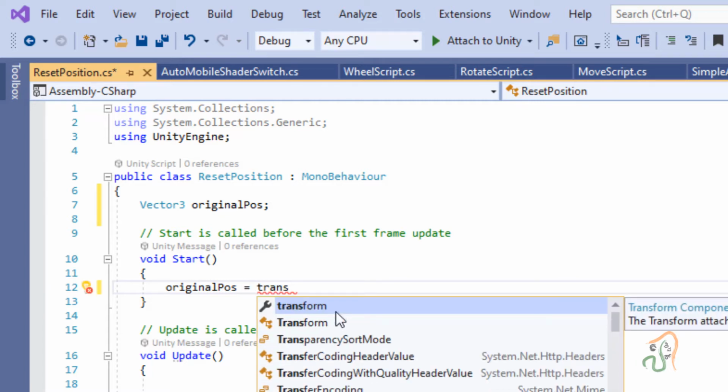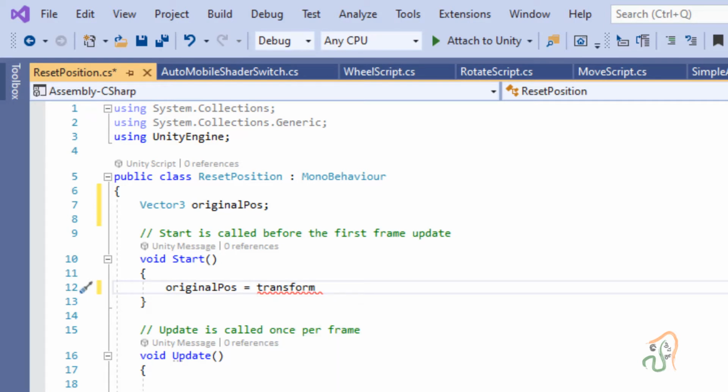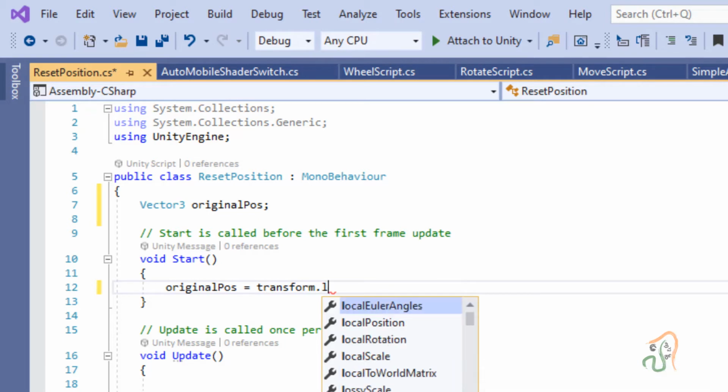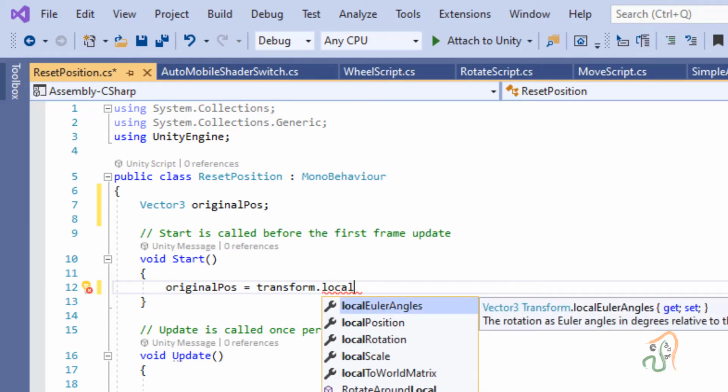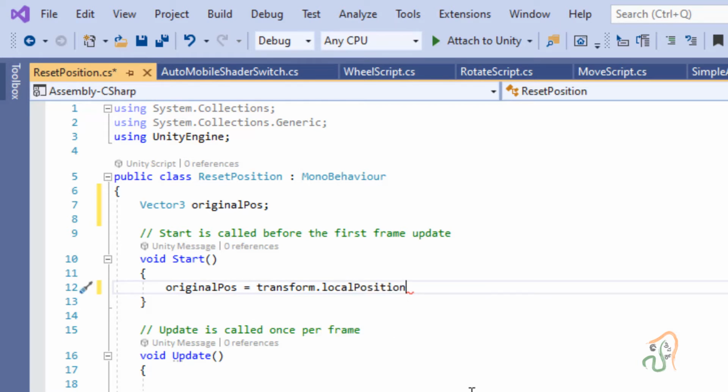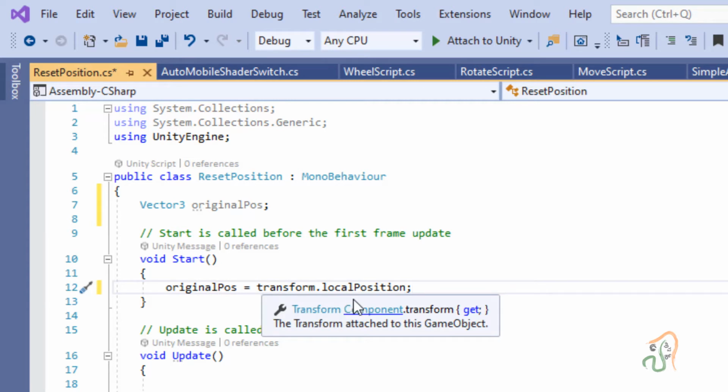So now we are going to choose the transform component and press the period, and here you have a function localPosition. Select this localPosition, L capital and P small, and end it with a semicolon. So we have originalPosition is equal to transform.localPosition.